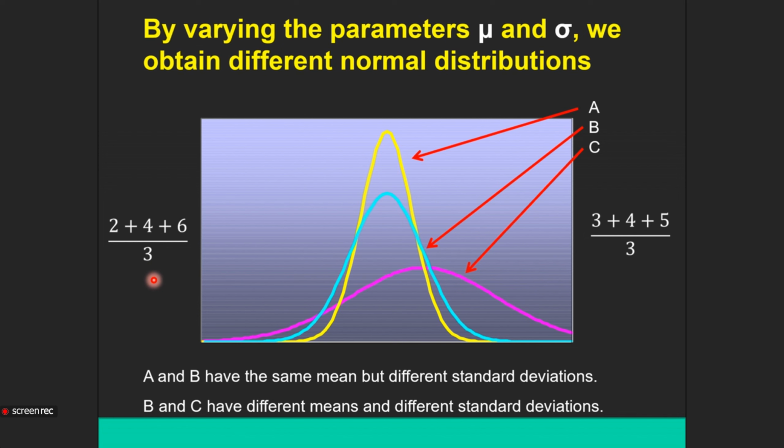The mean for the data set is going to be 4. But let's say we have another data set, 3, 4, 5. You will also observe that the mean of both data sets will be 4. But one thing is important here. The standard deviation of the two data sets are different. For the first data set, the standard deviation is 2, while for the second data set, the standard deviation is